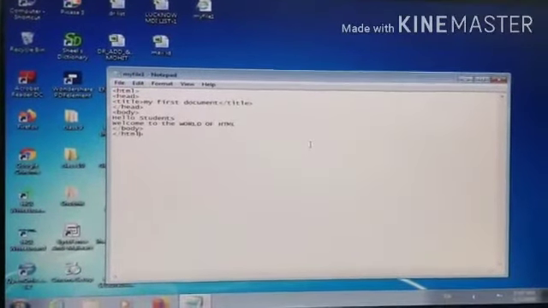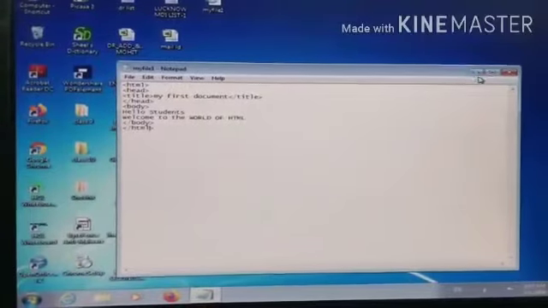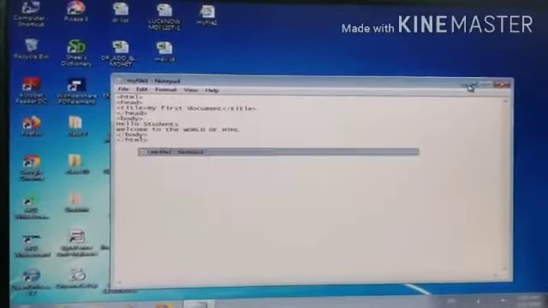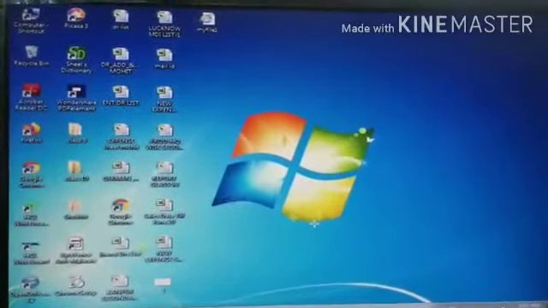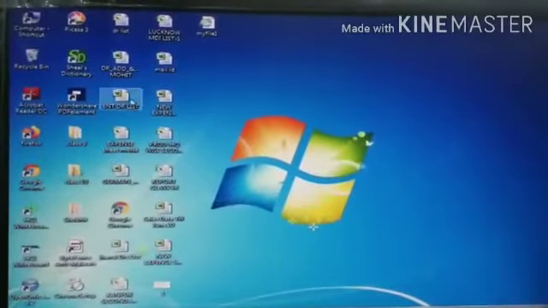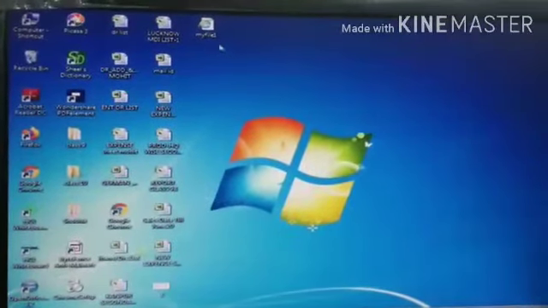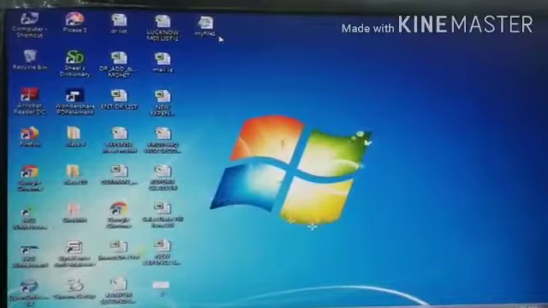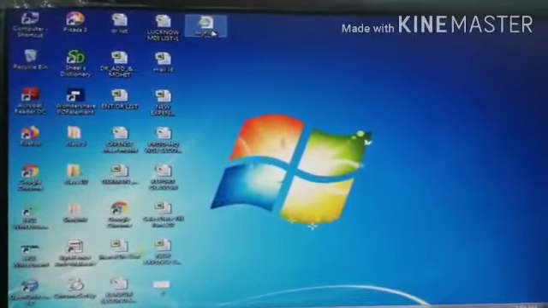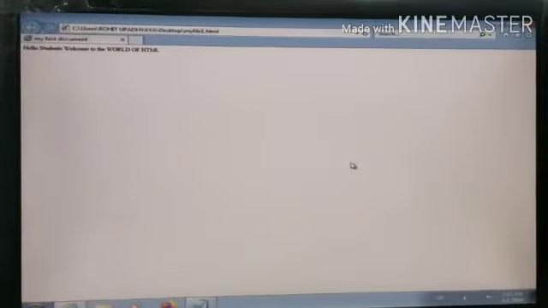After saving your file, you have to minimize this Notepad window where you wrote the HTML code and see where you have saved the file. On the desktop I have saved a file, my file 1. This is my HTML file. Now double click on this file and you can see the output of the HTML document. Here your web browser, Internet Explorer, is displayed by default. You can use any other web browser also.